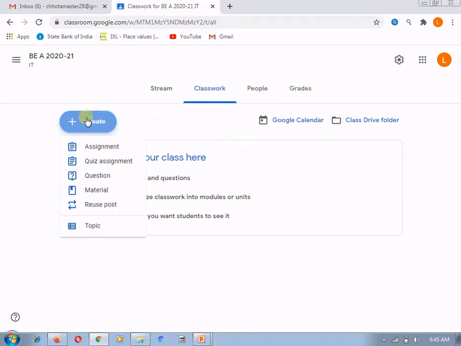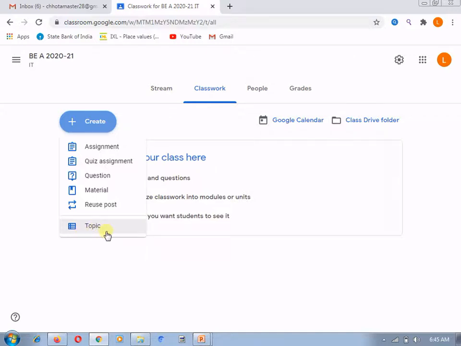After clicking on the create tab, you will see different parts with which we can work on the classwork. They are assignment. With assignments, we can give questions to the students, we can provide material to the students, and we can reuse a post, as well as divide our content according to different topics.